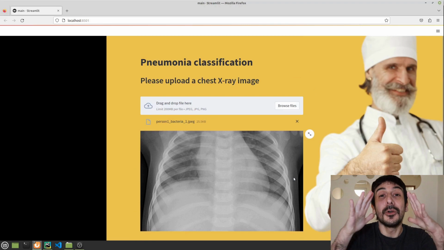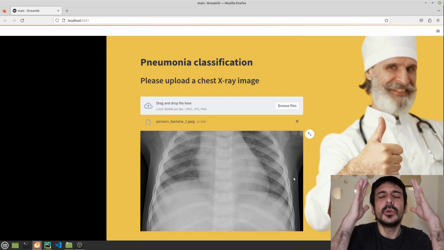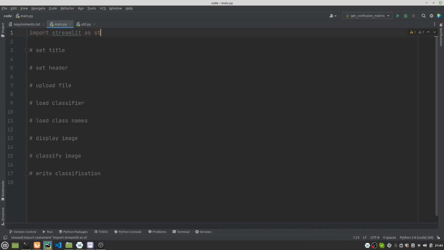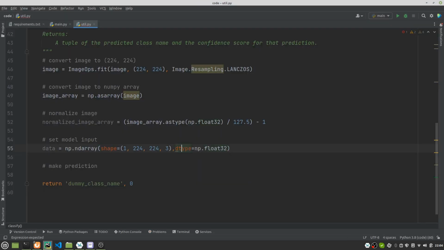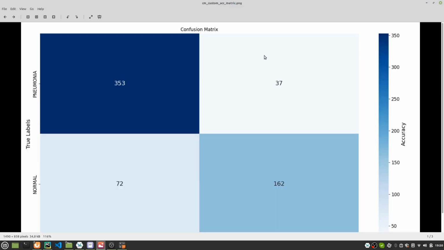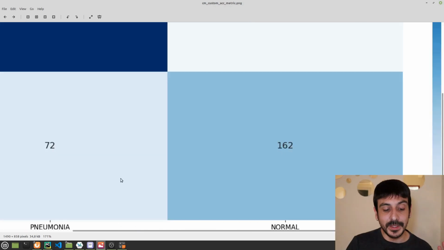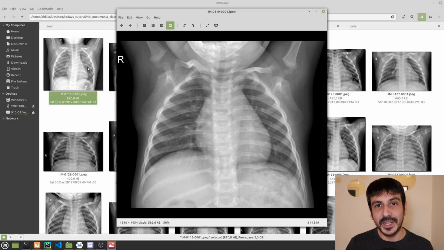So this is exactly the project in which we are going to be working on today's tutorial, and I'm going to show you every single step of this process: how to set up this web application and get it running using Python and Streamlit, how to use the image classifier, and how to analyze its confusion matrix in order to validate its performance. Most importantly, I'm going to share some super amazing pro tips in order to improve the performance of your model if something is not working as expected.